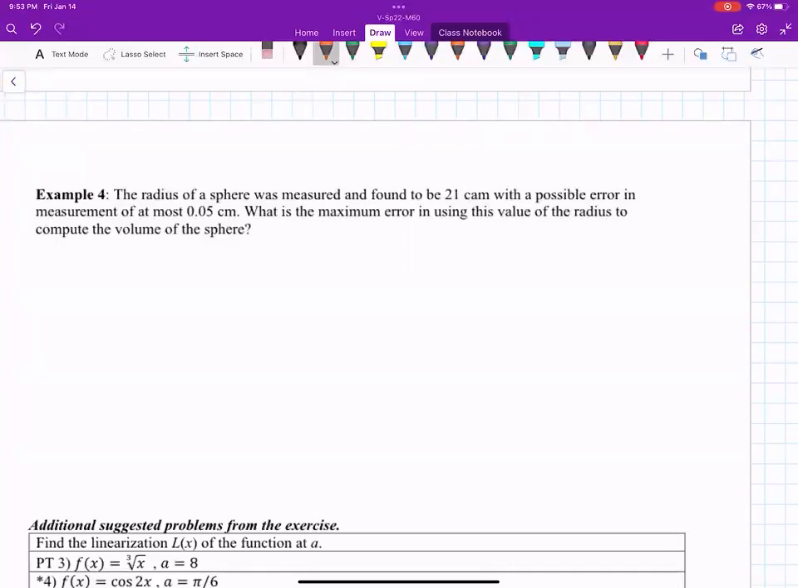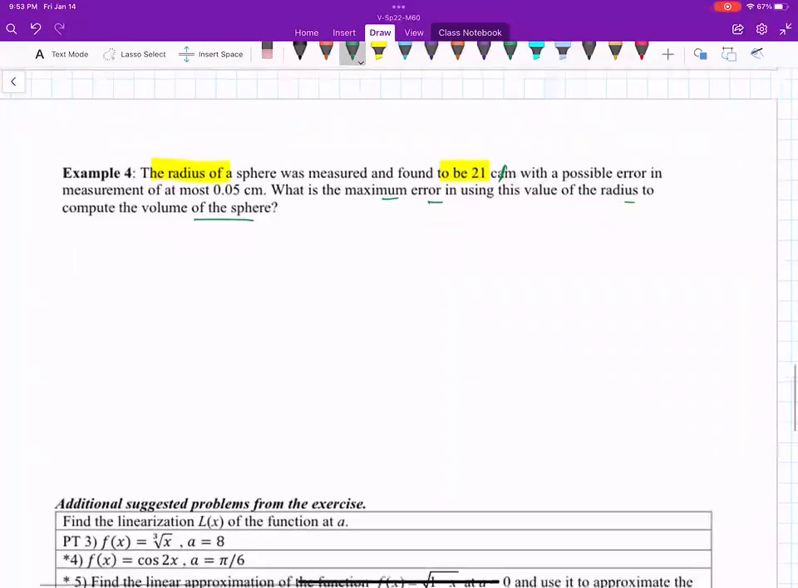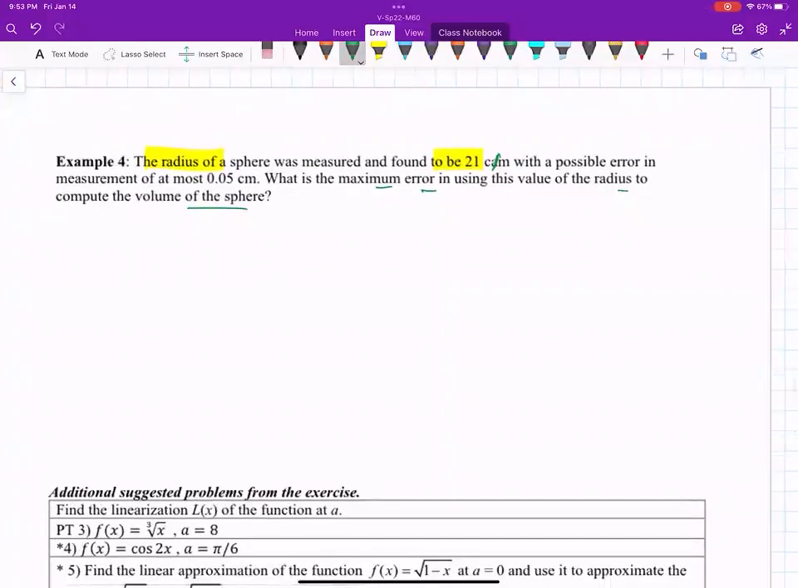The radius of a sphere, we'll see an application problem here. The radius of a sphere was measured and found to be 21 centimeters with a possible error in measurement of at most 0.05 centimeter. What is the maximum error in using this value of the radius to compute the volume of the sphere? All right, so we are talking of a sphere, and we are also talking of the volume of the sphere. So the question is that